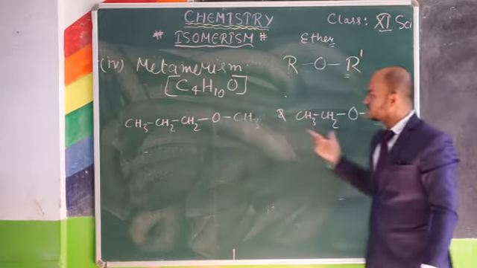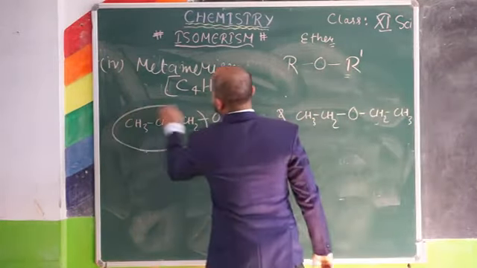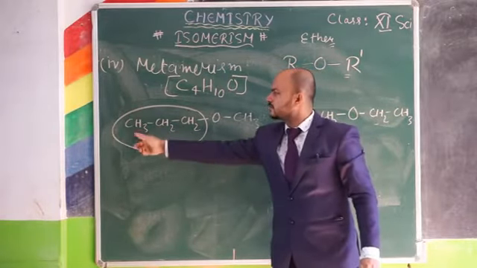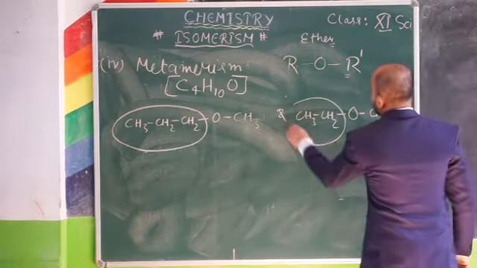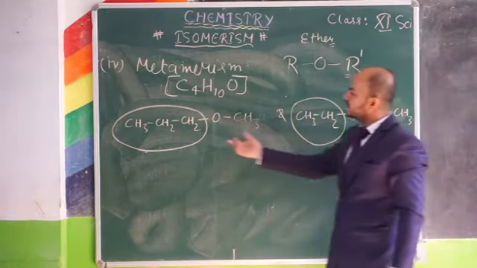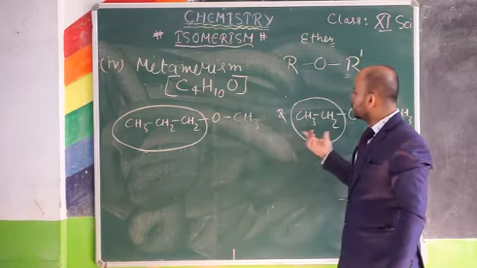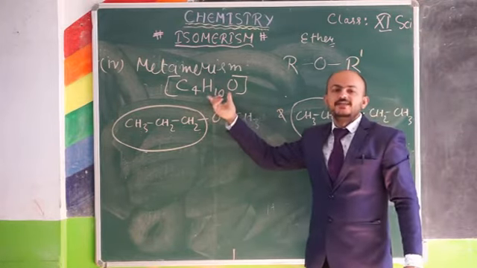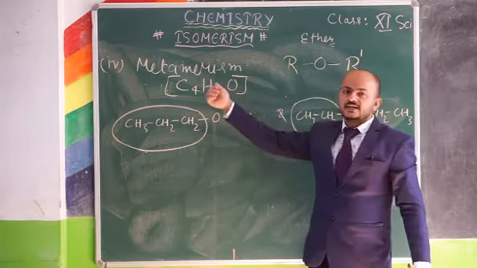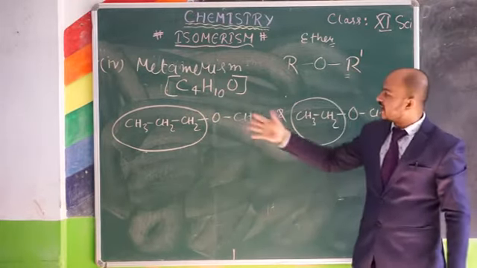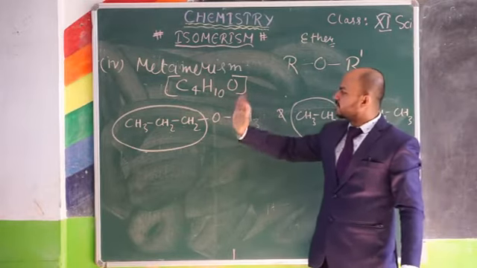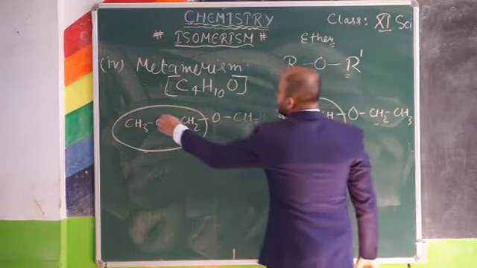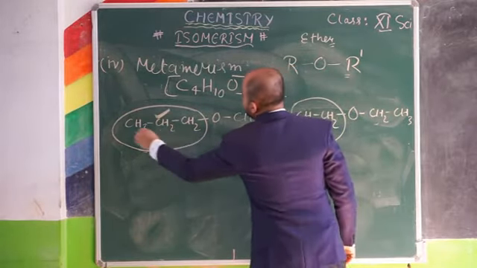What is the difference between these two? You can see that the difference is in the length of the alkyl group. Here 2 carbons are present on one side, 1, 2, 3, but here you have only 2 carbons. But these two are derived from the same molecular formula. Therefore, they are known as metamers, and this phenomenon by which they show this isomerism is known as metamerism. So here you have to remember that there are differences in the number of carbons in the alkyl group